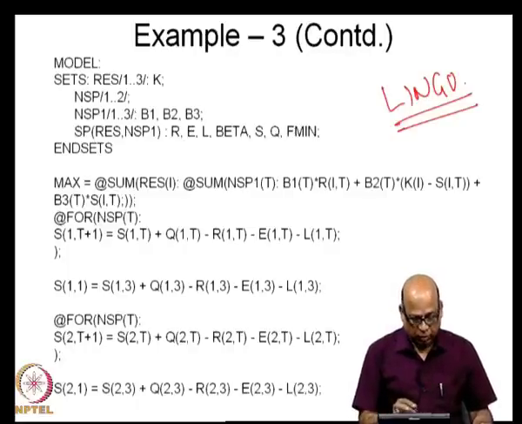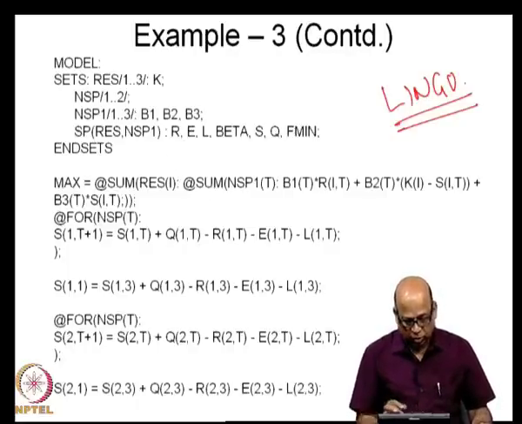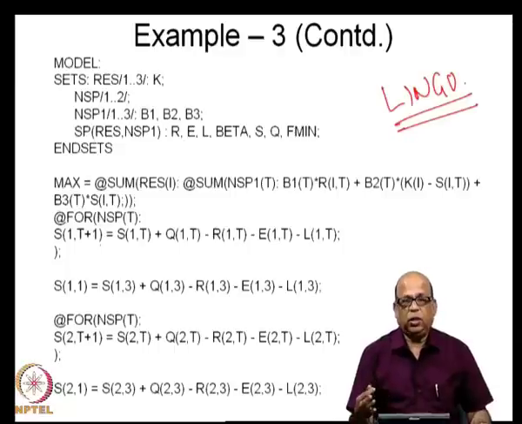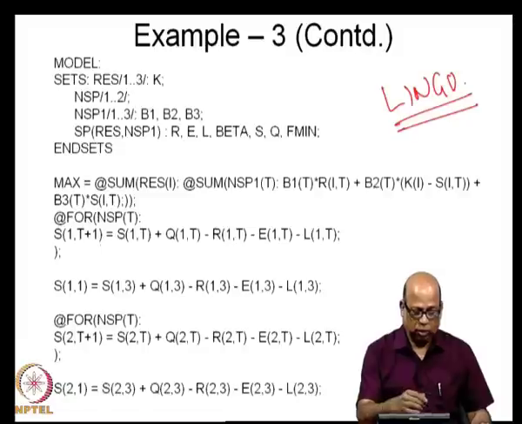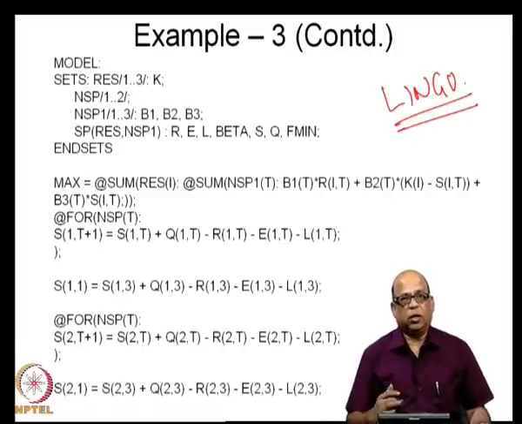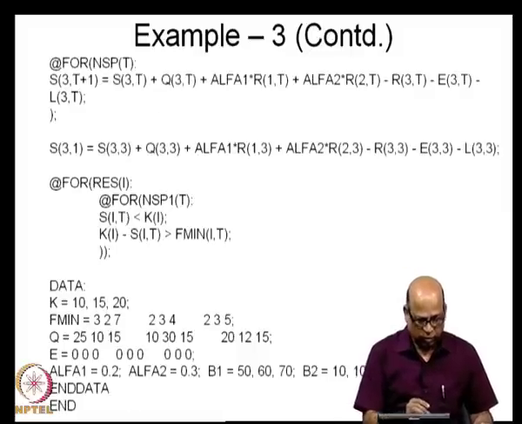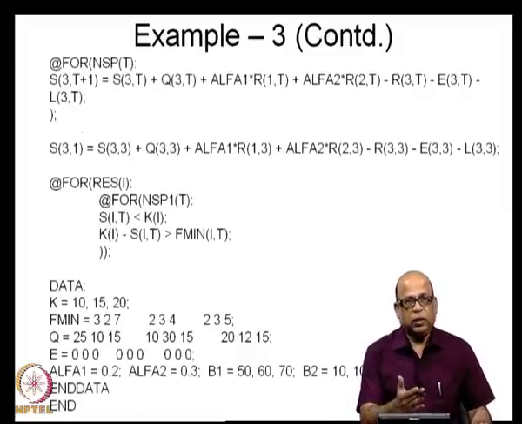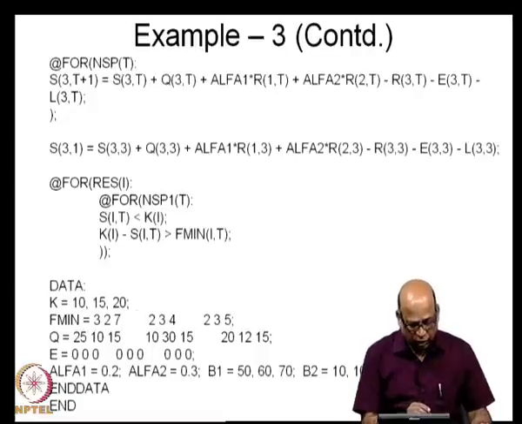Let us go further. So, we can use the continuity equations for time periods 1 to 2, and then your t plus 1 at the end of the time period becomes, let us say you have 3 time periods, the t plus 1 at the end of the third time period becomes 4, and that you can account for in defining your continuity from one time period to another time period. So, this is a simple code, I will not go into the details of this. All we are doing is rewriting the constraints using for loops and so on. And this is the data that we specify at each of these reservoirs.